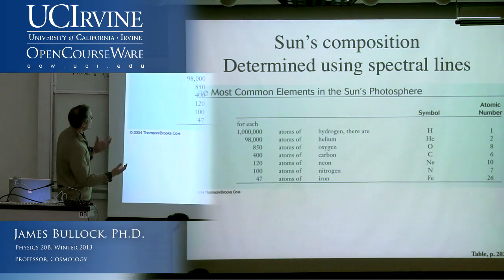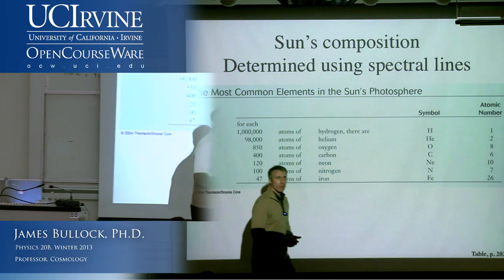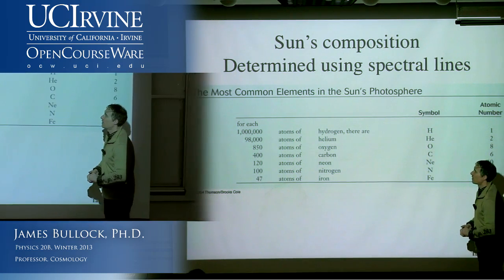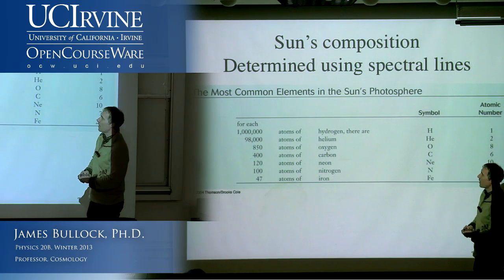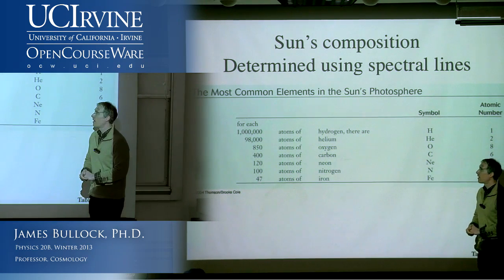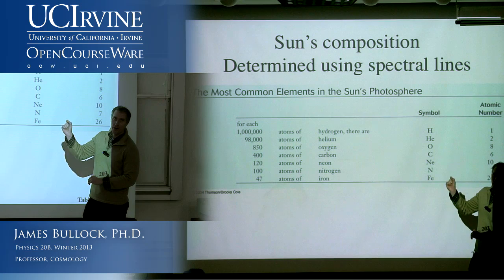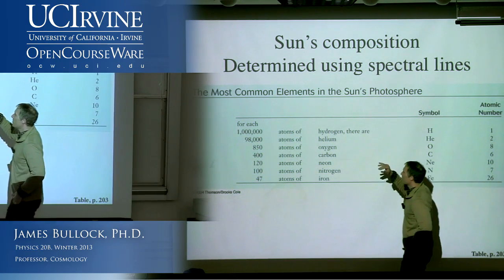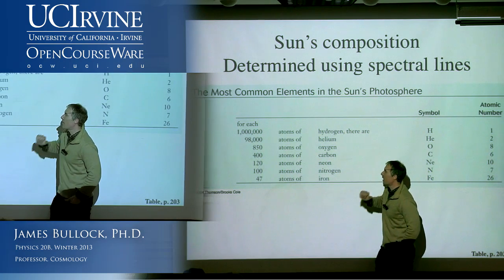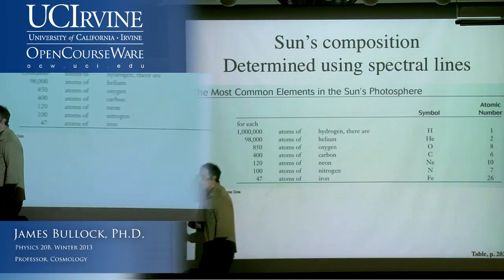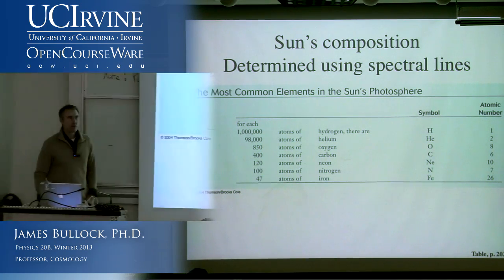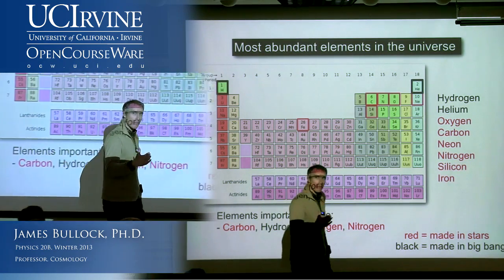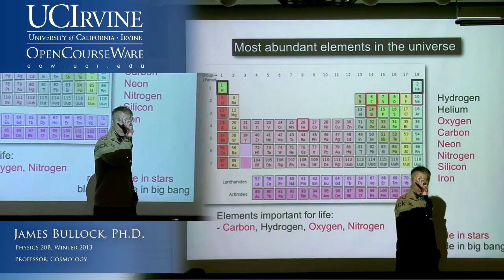So this is an updated composition of the sun. Like I told you before, there's lots and lots of hydrogen. For every million atoms of hydrogen, there are 98,000 atoms of helium, and then just a trace amount of oxygen, carbon, neon, and nitrogen. In fact, if you go out into the universe and try to figure out what the universe is made of in terms of elements, and you can do this from looking at stars and everything,